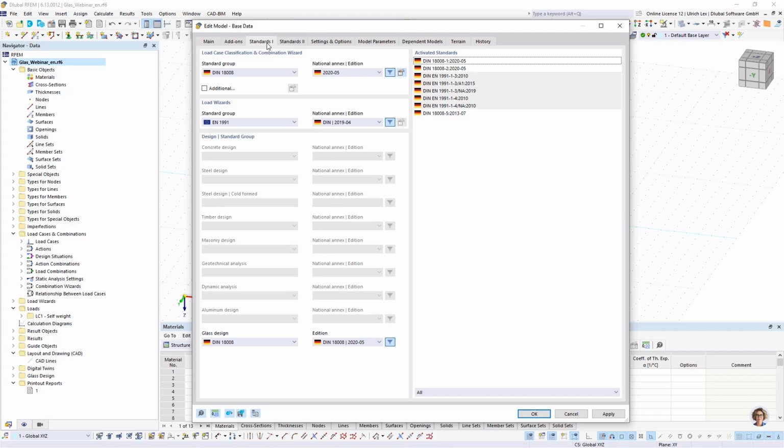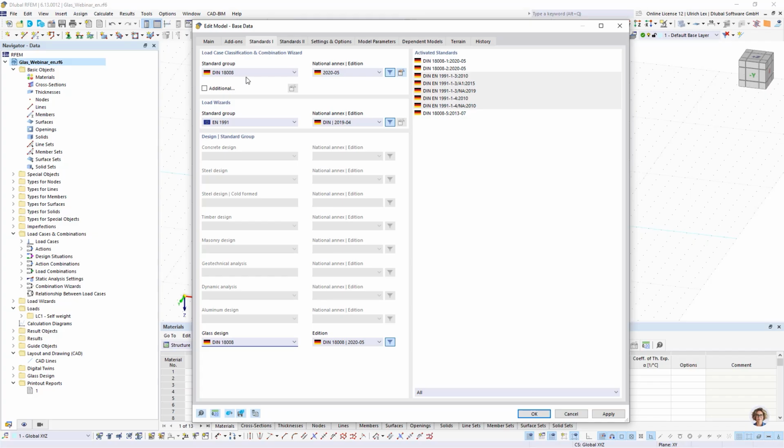As a second part, we have to choose the standard. For glass design, it's possible to use DIN 18008, the American standard ASTM, or a design check and stress check without any standard. Today I want to use the DIN 18008, and I have to